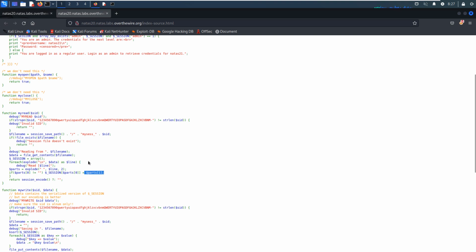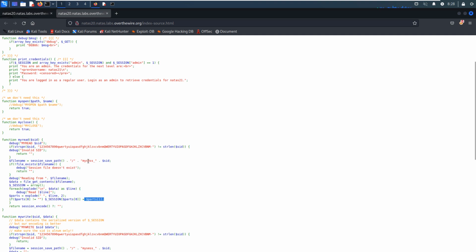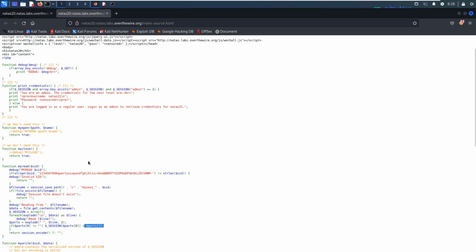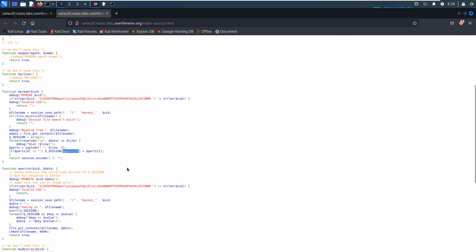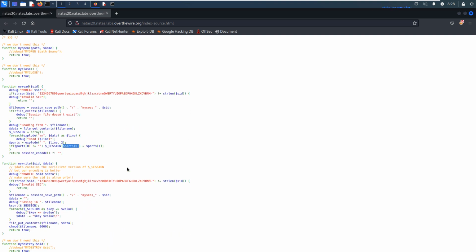So I think because, as I just mentioned, we need to set the session and the key name is admin. So we need to try to write admin as key here, and the value is 0. Okay, and then I think we can retrieve the password for the next level.